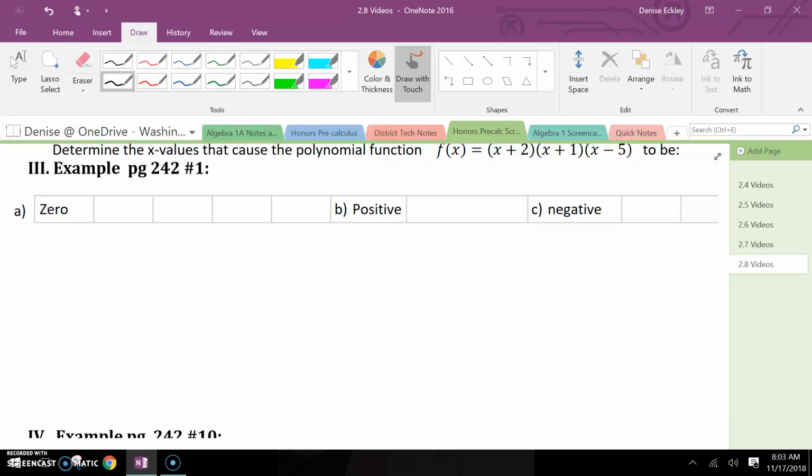This section is about finding the solutions to nonlinear inequalities. We're going to look specifically at polynomial and rational inequalities and some non-typical ones involving square roots or absolute value symbols. So let's start with a polynomial function that is factored, and we're going to look at all three possible solutions